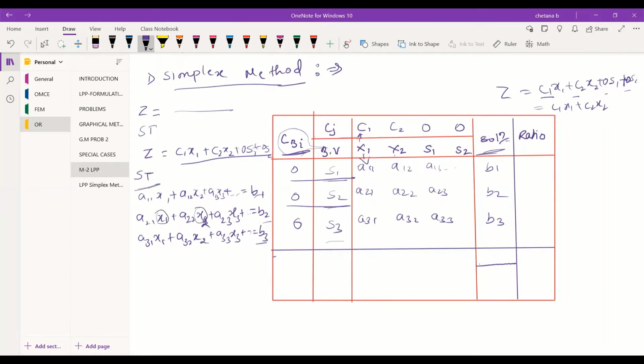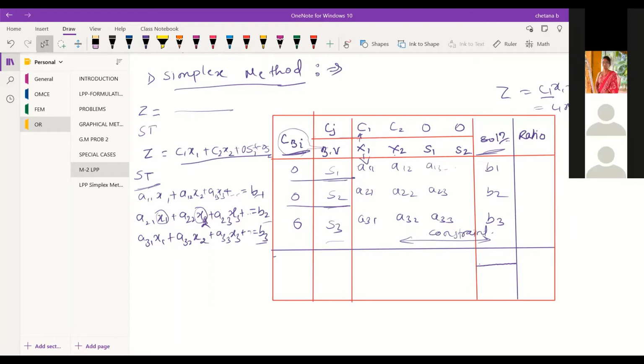So whatever we see here till here is nothing but the constraint equation. And coming to the ratio, we will see this once we start with the problem, because it is difficult to convey what this ratio is.